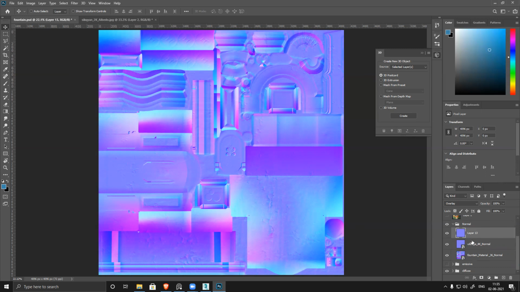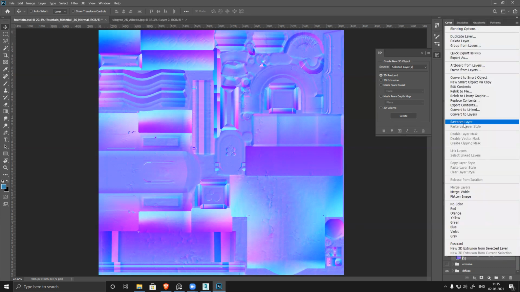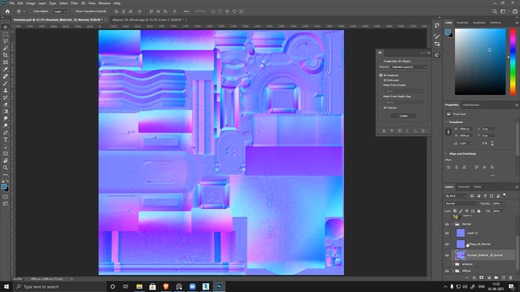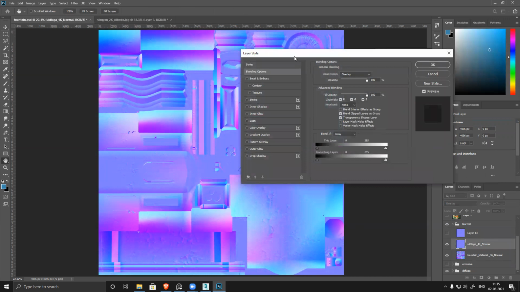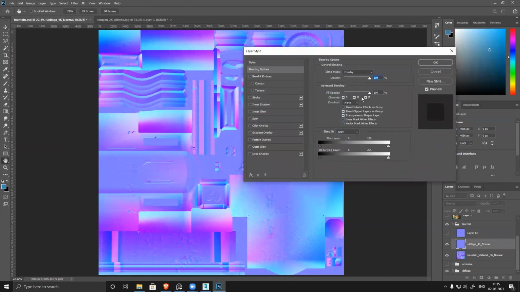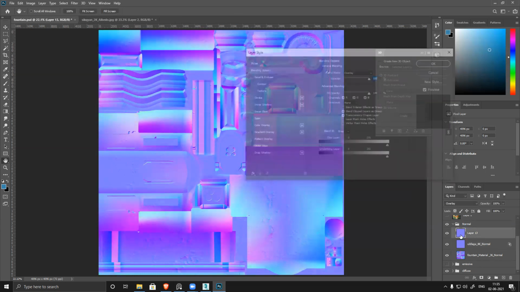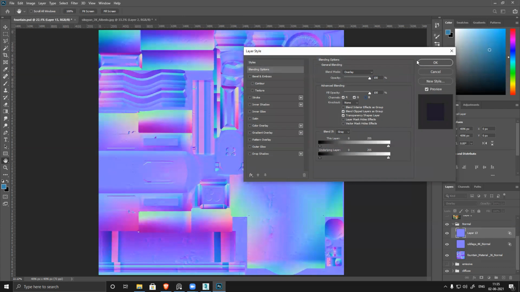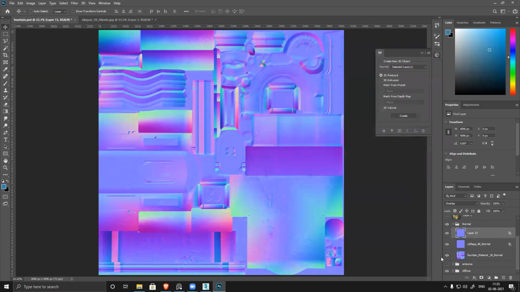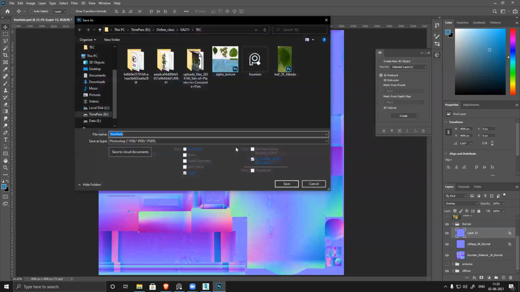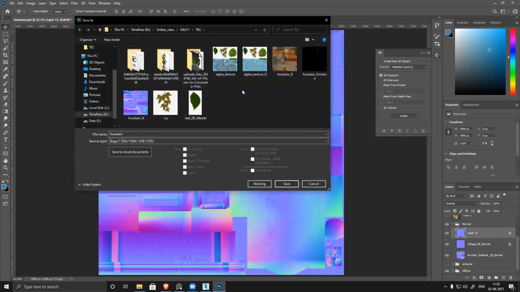So what you have to do, I'll simply rasterize, make it rasterize. Now these two are overlays. So double click the first one, open the layer style, and switch off blue channel. So it won't affect blue channel. Switch on this, double click, open, switch off blue channel. Now you can see it looks correct. Let's apply this.